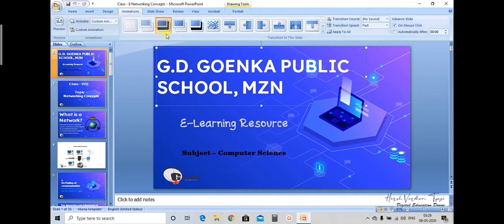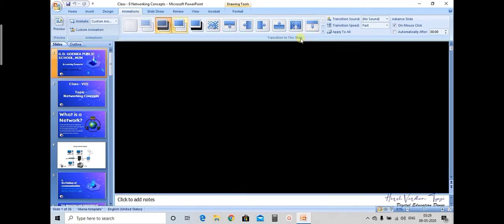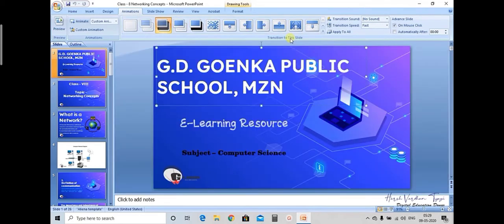In the animations tab, these are the inbuilt transition effects. You need not apply the transition effect as of now, but you need to apply animation effect. So select this particular text, only one object or one text to be selected. Then go to animate, in the animation group, go to custom animation.